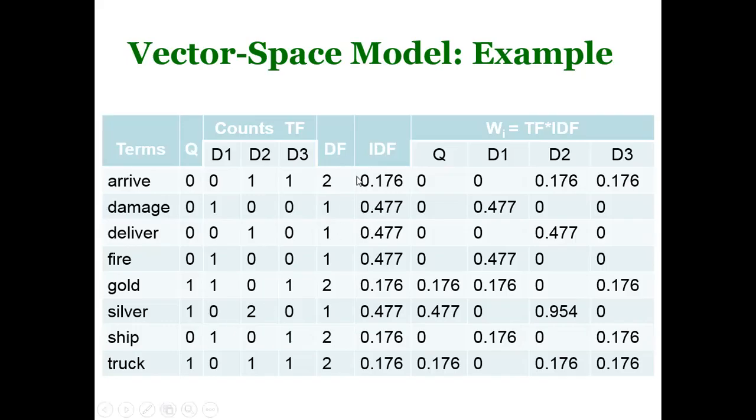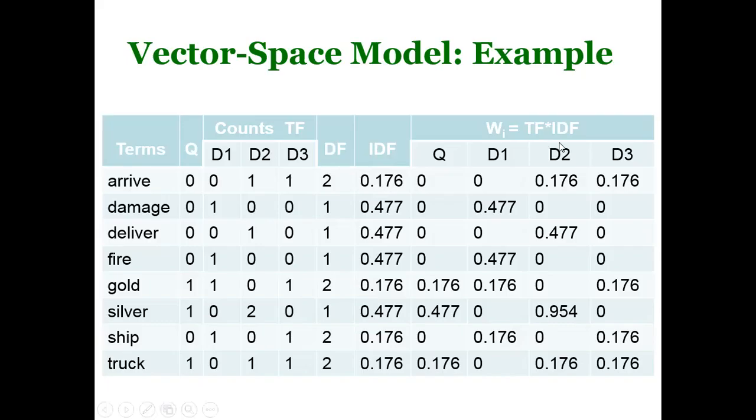So that means the inverse document frequency becomes in line with the term frequency. As we said, as the term frequency increases, the importance of the term also increases. As the inverse document frequency increases, the importance of the term also increases. Now we can calculate TF-IDF. As TF-IDF increases, the importance of the term also increases.